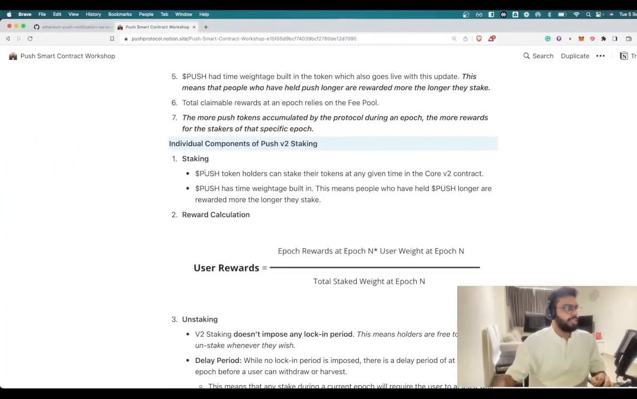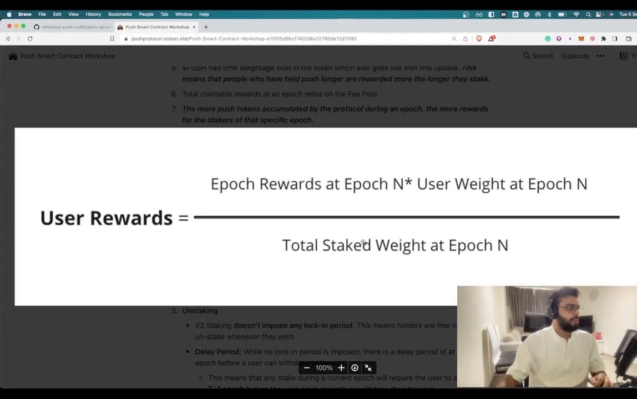And what it basically does is actually pretty simple. So at any given time, the rewards of a particular user basically is calculated based on 3 important parameters. The first is the rewards at that particular epoch. The second is the weight of that user in that particular epoch. And the third is the total staked weight of that particular epoch, right? So how much rewards are present for that user to be claimed in total. So how much reward is present in epoch n, let's say, in total. Then how much is the user's weight in that epoch, and how much is the total staked weight in that